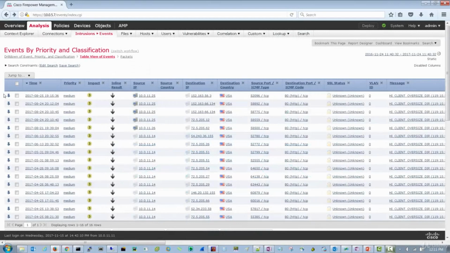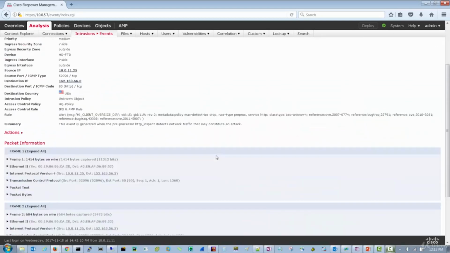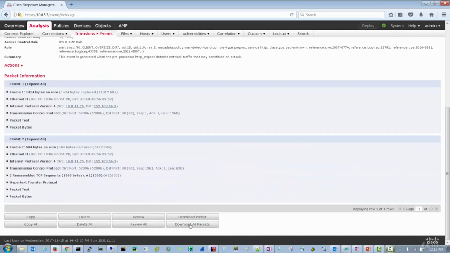Cisco's Firepower Management Center has a sweet feature that actually allows you to download packet capture files for intrusion events. So I'll find the event I want to analyze, left click the drill down arrow, and then if I scroll to the bottom, I have the option to download all packets. So I'll download this, and then we'll use our Wireshark software to open up the PCAP file to analyze the